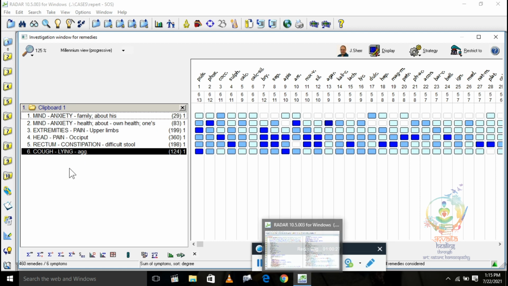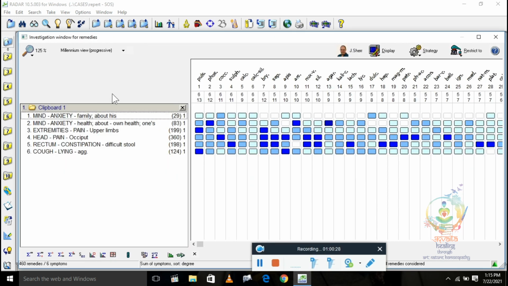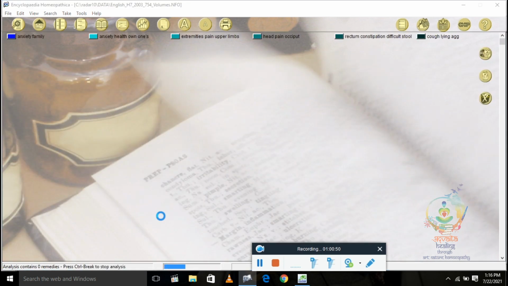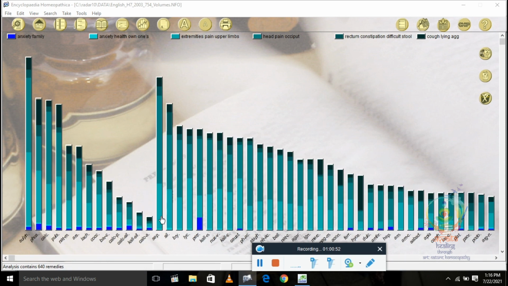So you have understood now, if you have a repertorization chart and you want to analyze this repertorization according to Materia Medica, you can directly click on this bar graph at the bottom, and Encyclopedia Homeopathica will find all the symptoms in Materia Medica and show the analysis, so your time won't be wasted.